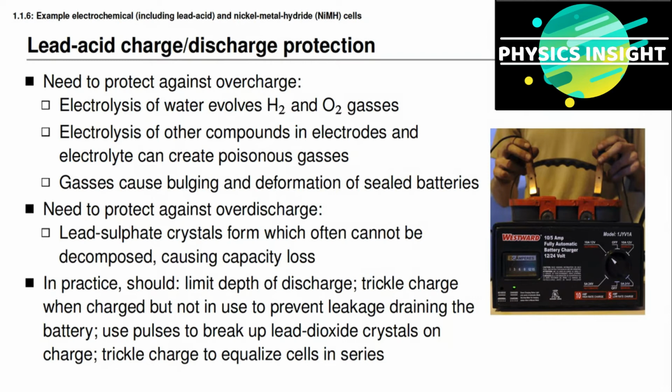Also notice that this trickle charge that I mentioned can be used to equalize battery cells when they're connected in series at a top state of charge point. That is, if the cells have slightly different characteristics, one cell may reach a fully charged point before the other cells in the battery pack reach that point. And if I stop charging when the top cell has reached the top state of charge, then my overall battery pack is not balanced, it's not equalized, and not all cells in the battery are holding as much energy as